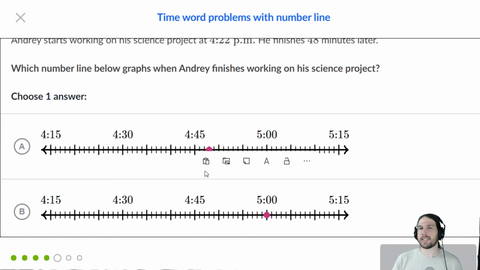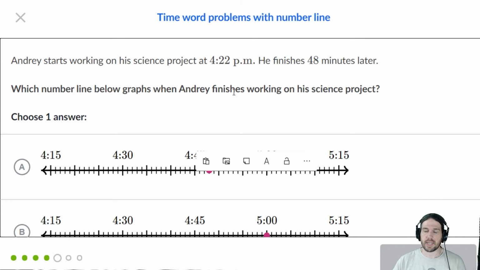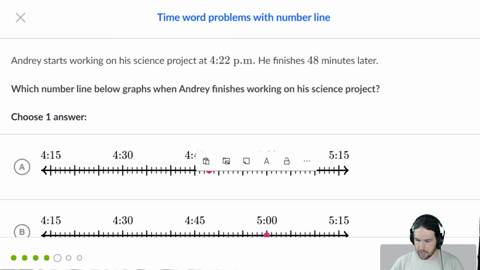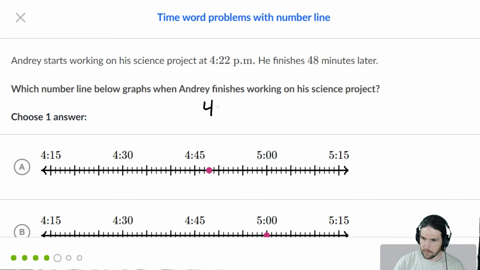We have broken down addition like this before. And it was one of those things that I kept pointing to as a lot of people think it's ridiculous that you are supposed to add this way. And sometimes it works, and sometimes it doesn't. For me, the way I would add this is I would say, okay, well, let me actually write this down. If I have 422, and I'm adding 48 minutes,